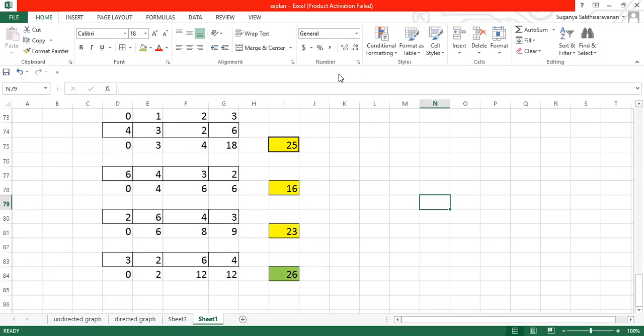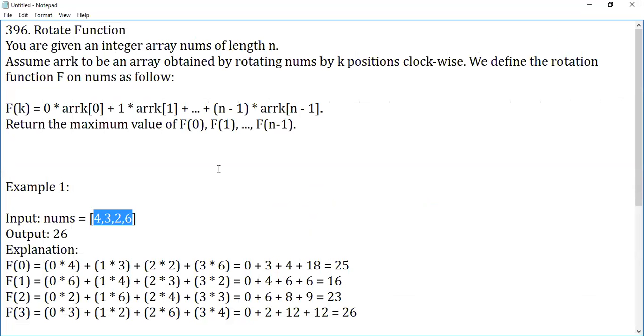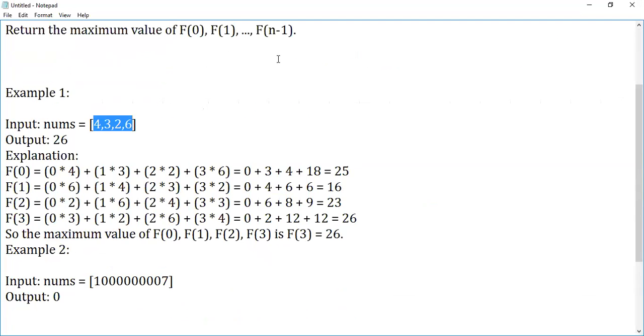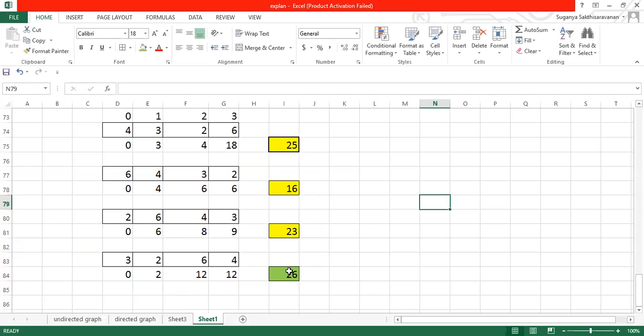Harshita asks a good question: will the rotation be mentioned? This rotation will be given with an explanation like this. They'll explain one question with an example, and we'll have a few more example test cases. One of the test cases will be explained like this. By looking at this, you can understand which type of rotation they mention, either left rotation or right rotation. So what is our task? Our task is to give the maximum possible combination.